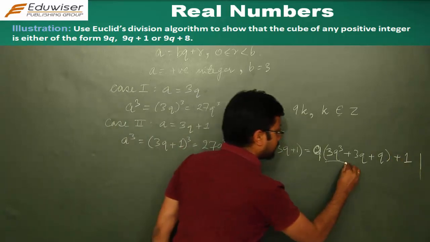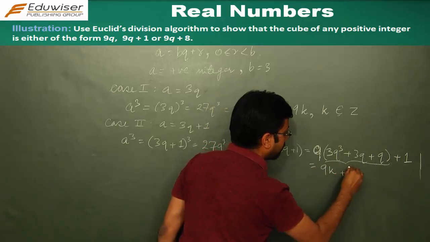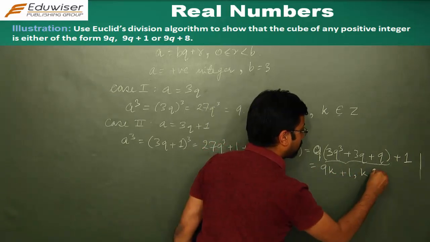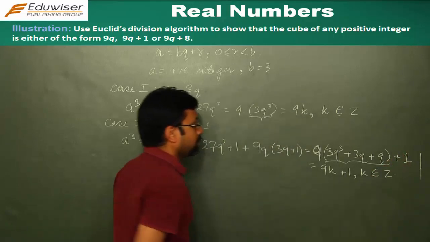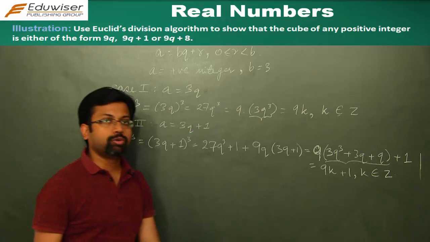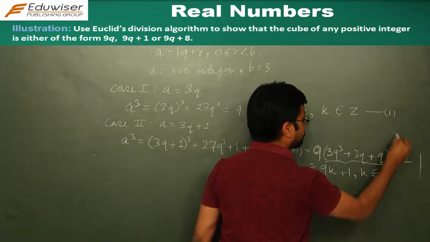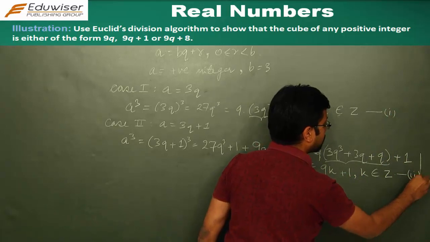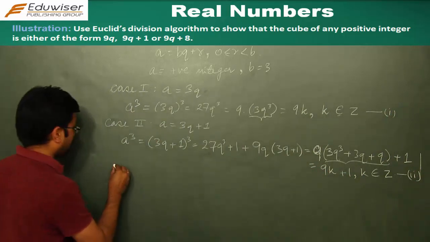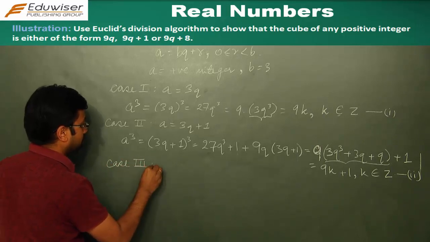So this again is an integer, and what is the form of this number? It's 9k plus 1, where k belongs to some integer. So if the number is of the form 3q plus 1, the form of the cube that we get is 9k plus 1. So if this is equation 1, this is equation 2, you take case 3,